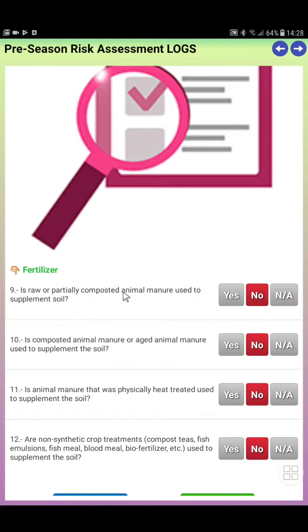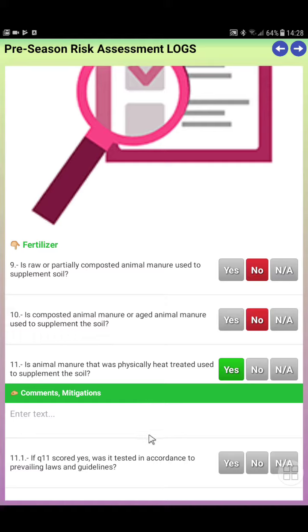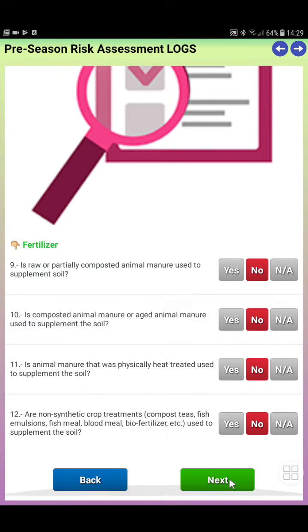Fertilizers. Do you use compost animal manure? No. Compost animal manure or aged animal manure to supplement the soil? No. Is animal manure that was physically heat treated used to supplement the soil? No. If you're using one of those types of fertilizers, we need you to explain that. As you can see, if I select just yes, I will need to provide comments and mitigation on how I treat that animal manure. And then next,